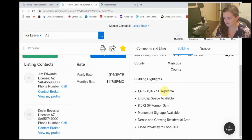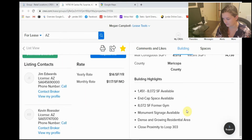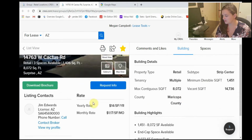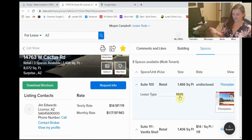And then they have their little sales pitches going on, like you can't figure it out for yourself. Like, oh my God, it's right next to the 303. No wonder, that's where I was looking. So for this one, you're looking at $14 a square foot a year, and it says triple net. So when they say that,